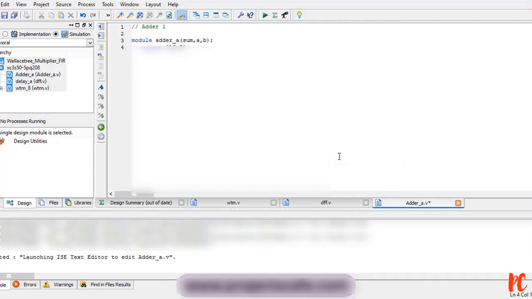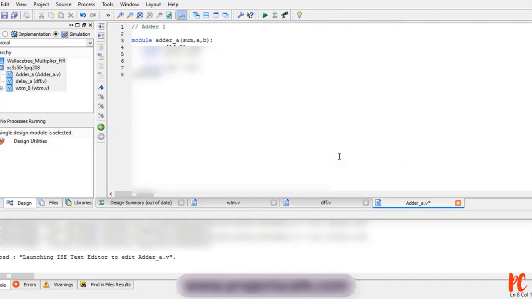Sum followed by input which is of 16-bit, so 15 down to 0, a comma b. Finally assign sum is equals to a plus b. End module.